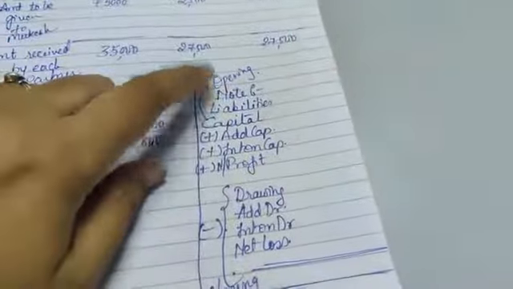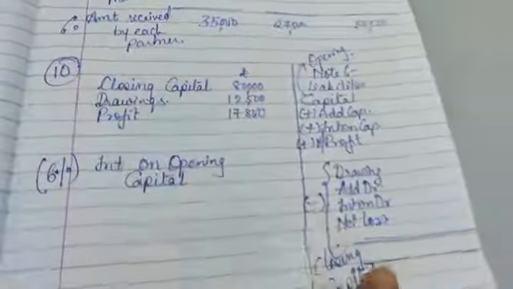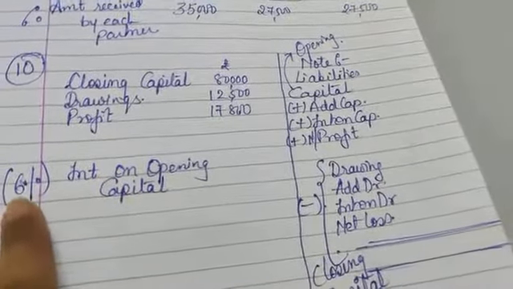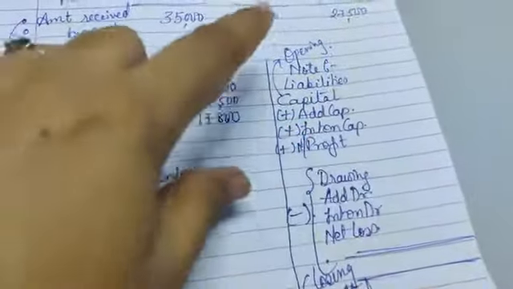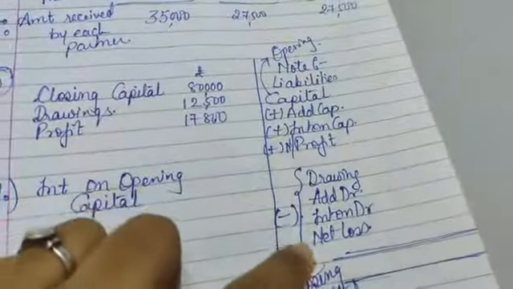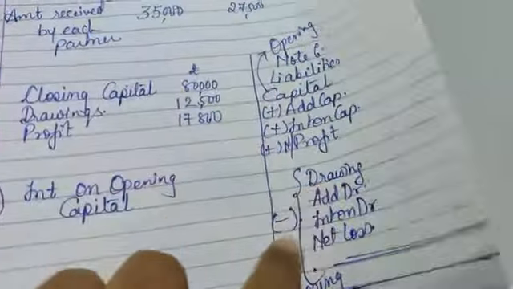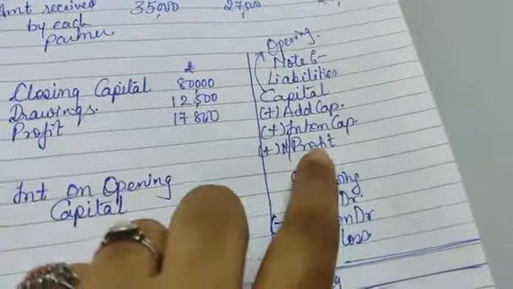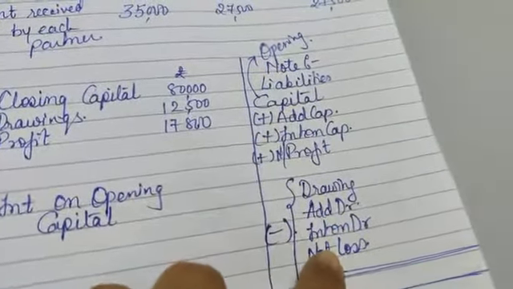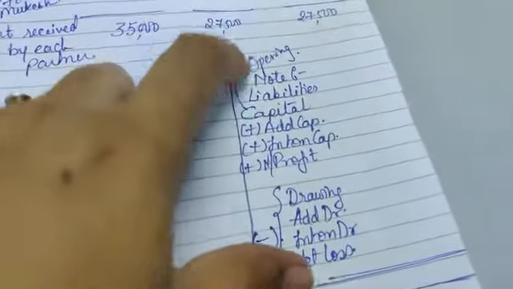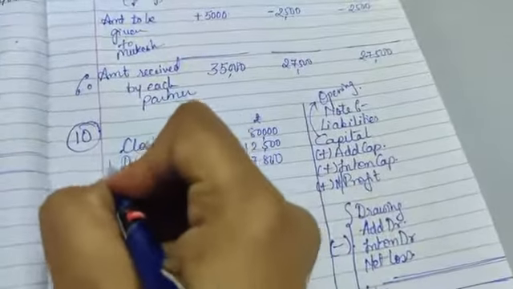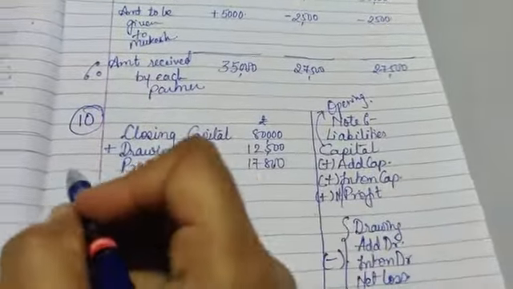So now in this particular sum, what they have given you is closing capital, which you are getting normally at the end, and you want to find out the interest on capital, that is 6%, which you are getting at the first. So if this is given and you are coming till here, when you have to go reverse, you will do the reverse of this sign. See, your drawing is to be deducted, so your drawing will be added. Your profit is added, so your profit will be deducted. Same way, if any other things are given, that is interest on capital or interest on drawing, then you can understand with this that whatever you are doing here, you have to do reverse here. So drawing normally we are deducting, so here we will add. Profit here we are adding, so here we will deduct, okay.